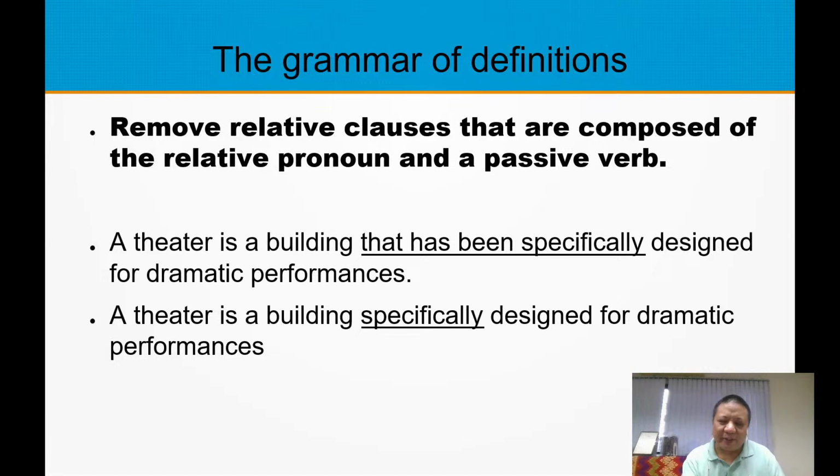Okay, here's another one. Remove relative clauses that are composed of the relative pronoun and a passive verb. So, a theater is a building that has been specifically designed for dramatic performances. So you can remove that has been. You just say a theater is a building specifically designed for dramatic performances. So that's also